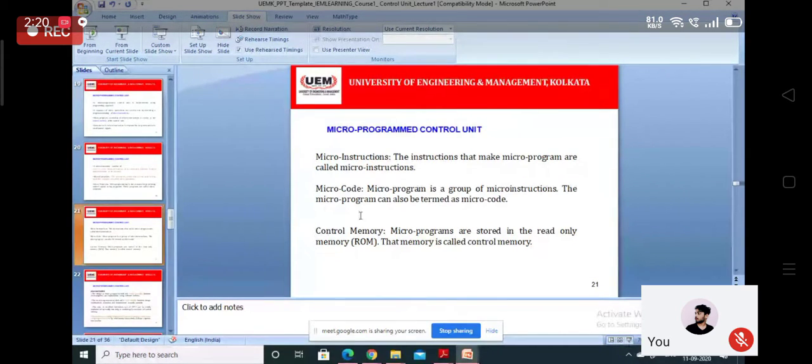So one of the major concerns, whether we are using the horizontal microprogramming concept or the vertical microprogramming concept, is that the main intention is to make this ROM smaller. Which type we select depends on whether we prefer horizontal or vertical microprogramming. Just remember one thing: the control memory, where all the microprograms reside, is a collection of micro instructions. Those basically reside in this ROM. That is known as the control memory.